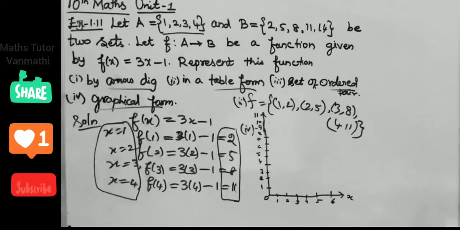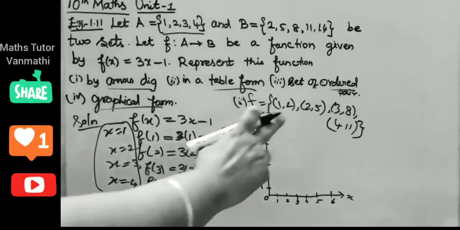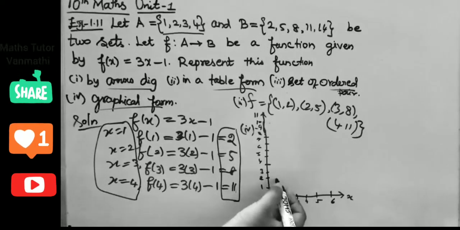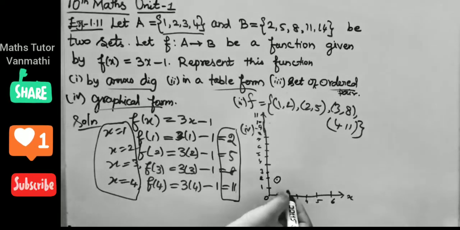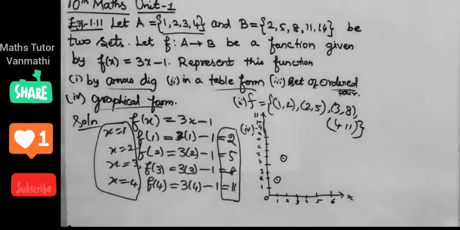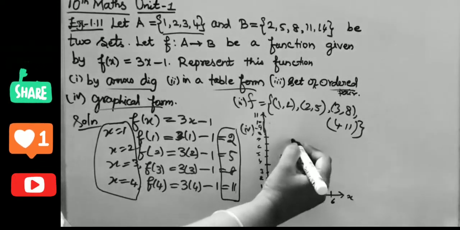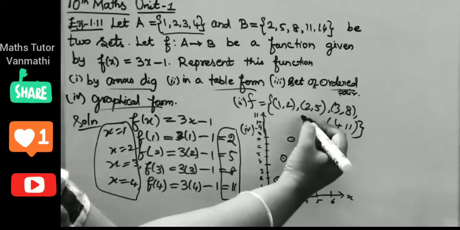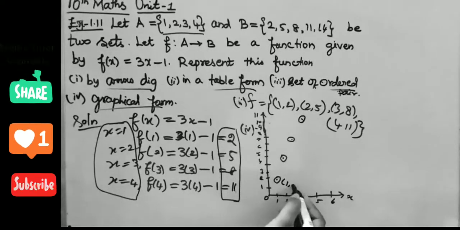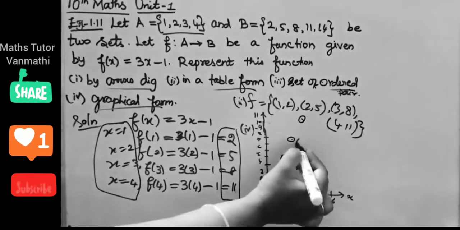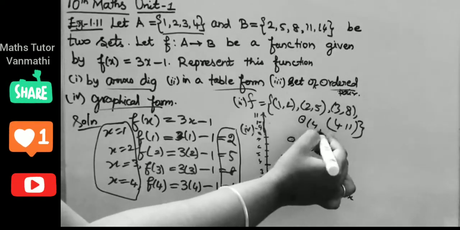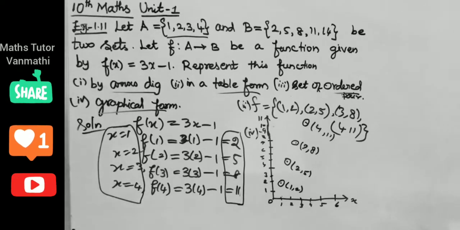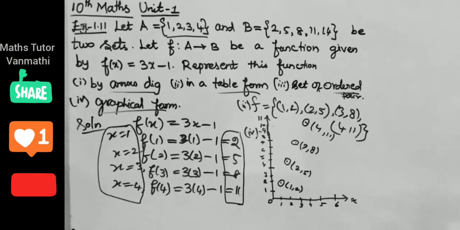Okay, now we are going to mark the elements. First one is your (1, 2). So this is your x and this is your y. So (1, 2). Next is your (2, 5): 2 and then this is your 5. Next is your (3, 8): 3 to 8. Next is your (4, 11). So this is your (1, 2), (2, 5), (3, 8) and (4, 11) that we have represented. Next, following this model, we can see one problem in exercise 1.4.